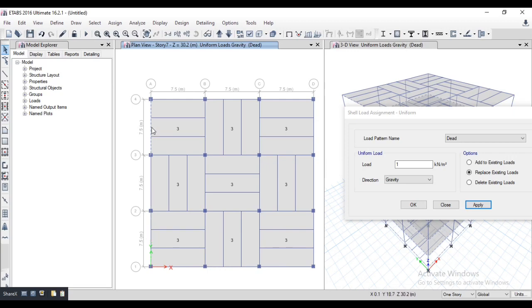That's why I am deselecting the beam. We are giving load only on typical floor beams. Here also deselect because the load intensity is different. This is the plinth level. I am deselecting all the outer beams in plinth level.